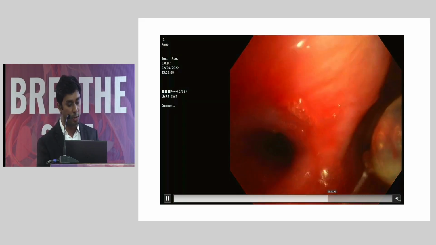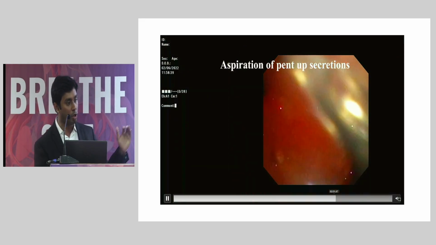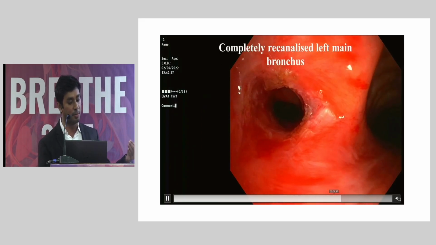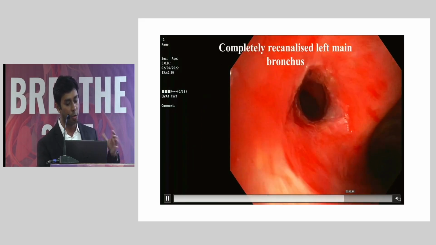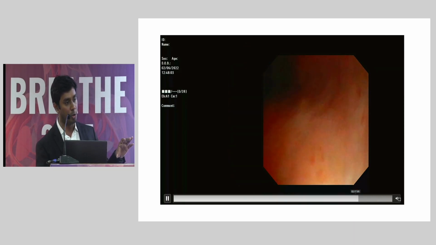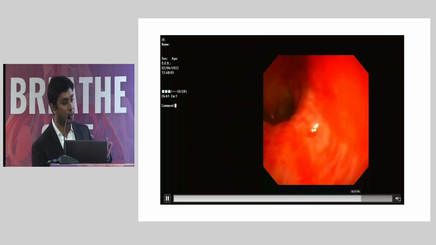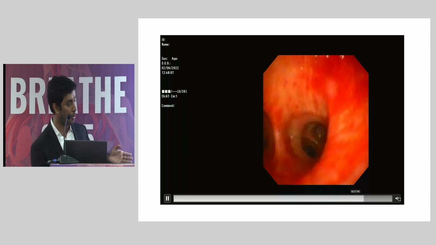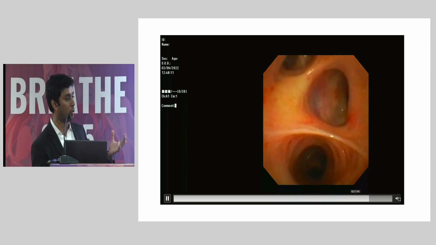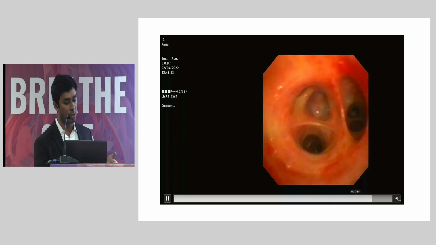And once the CRE balloon is inflated, now you can see that a lot of pent up pus and mucus secretion which was there in the distal segment is retracted, and now you can see that the airway is completely open, and we are even able to pass our bronchoscope, and we are even able to define all the subsegments in the distal plane. So we thought that the lung may not expand because the surfactant would have gone, because the collapse was there for almost around 6 months.